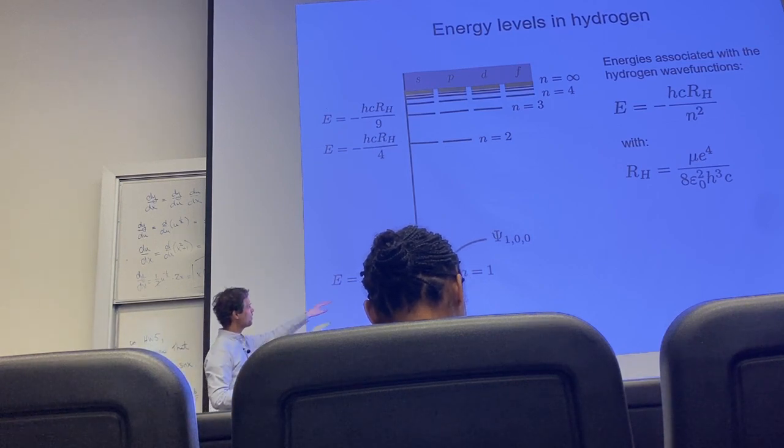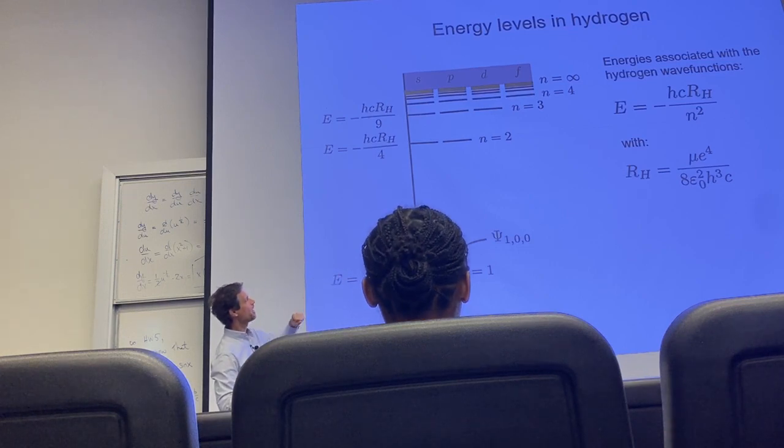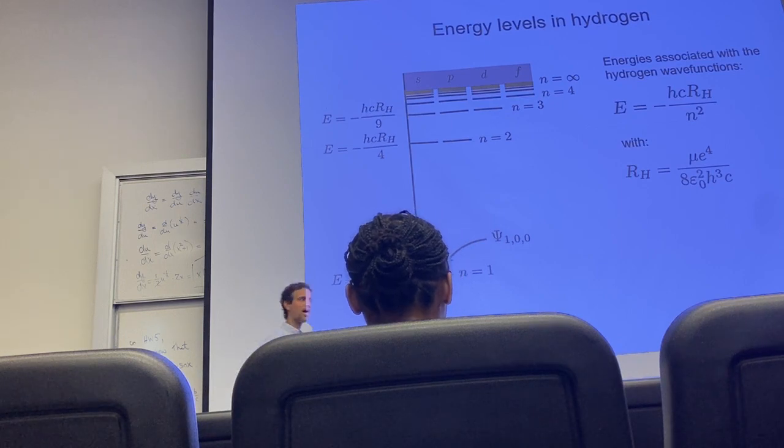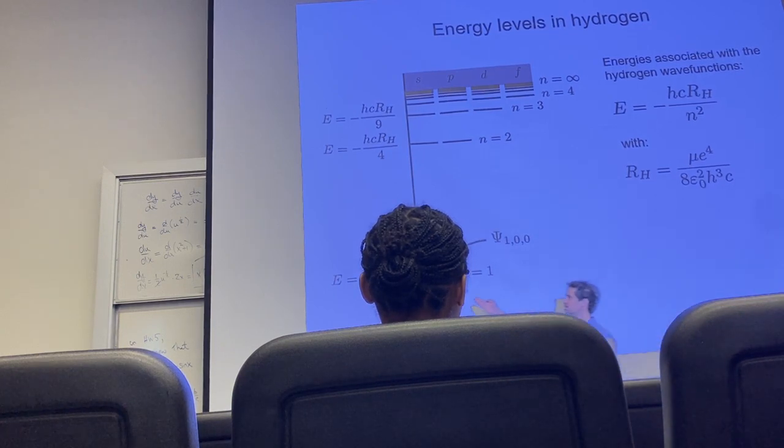All right, and you can see if you're in the lowest state here, you have to put a lot of energy in. If you are in higher states, so when n goes up to a higher number, I have to put less and less energy into my system to get the electron out. The ionization energy of the electron in the hydrogen atom, therefore, is the same number as this with the plus